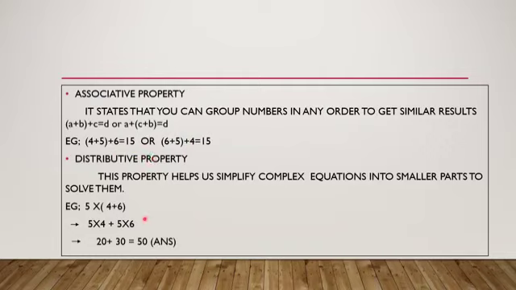Now the second property is your distributive property. Distributive property is a very common property because it makes our calculations easier. Suppose I've used an example of 4 plus 6, which is to be multiplied by 5. I've used a very simple number here, but it is very helpful when you have to multiply larger numbers.